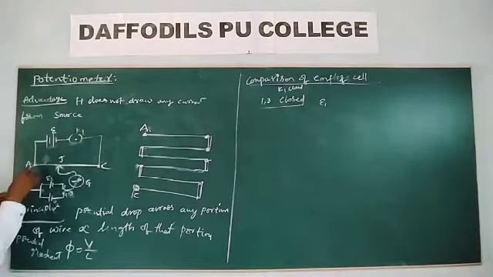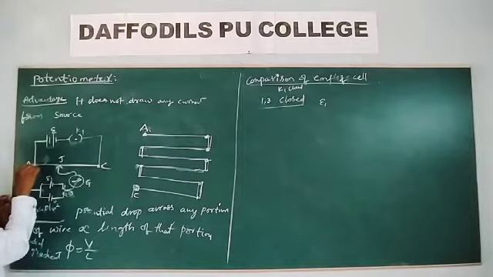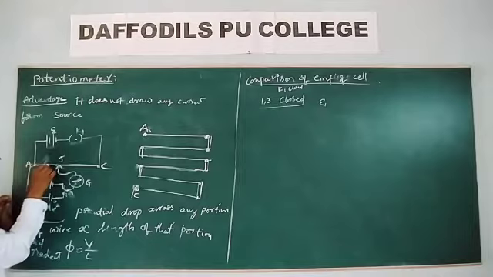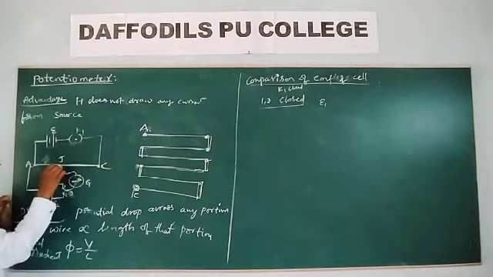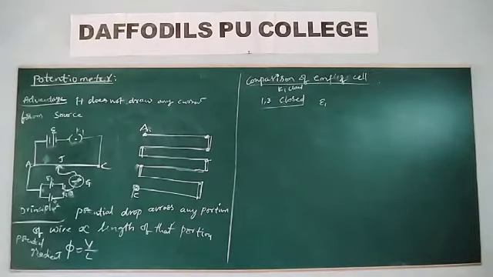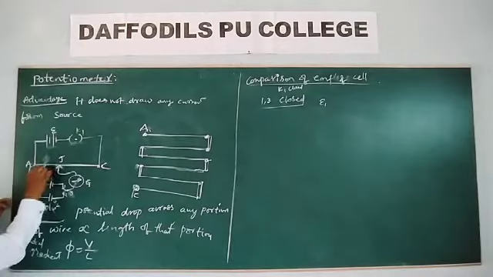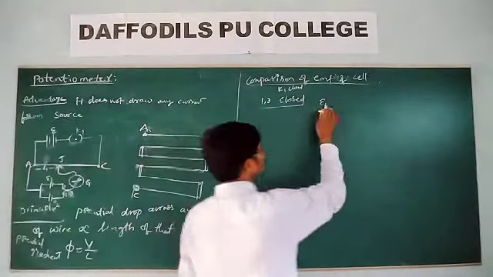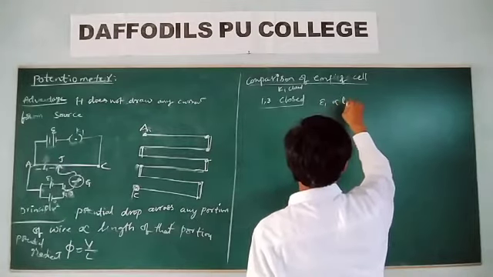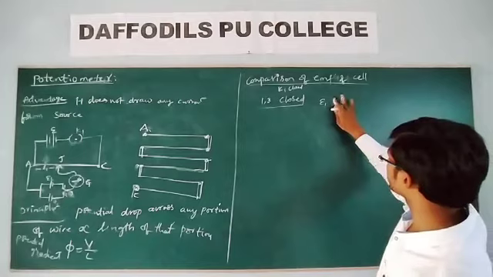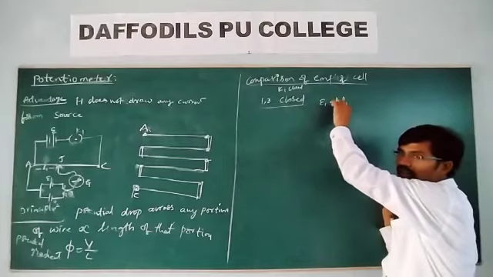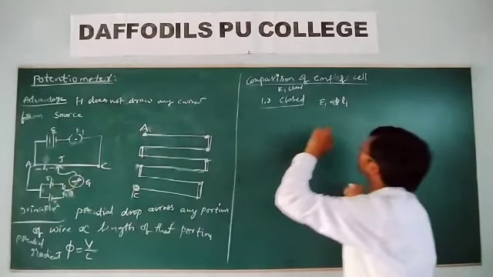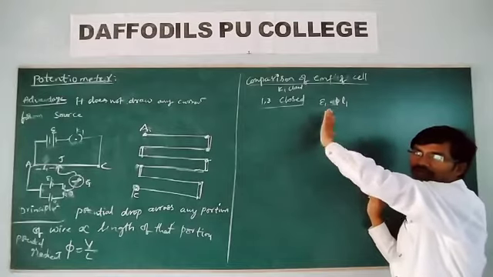Now from A, slowly we move the position of the jockey. When we move the jockey from A, the galvanometer deflection becomes 0 at a particular length of this portion of the wire. At the balanced length, the galvanometer shows 0 deflection, and that length we call L1. In that case, E1 is proportional to L1, because E1 is equal to the potential gradient times the length of that portion. Potential drop per unit length is phi, so for length L1, E1 is equal to phi L1.